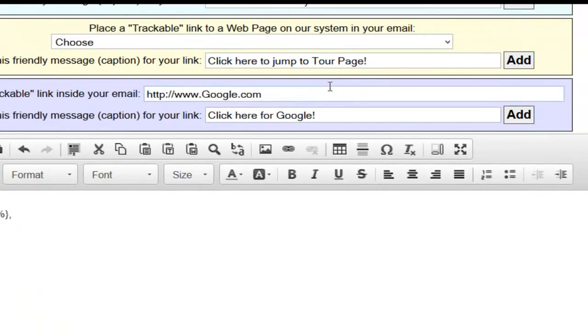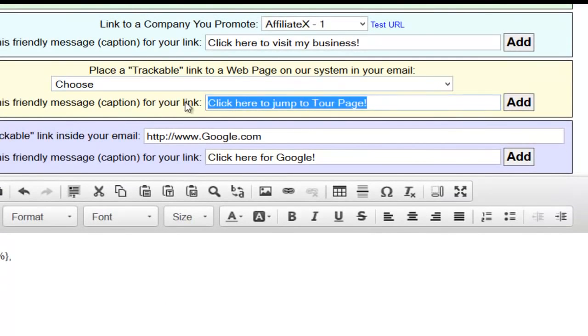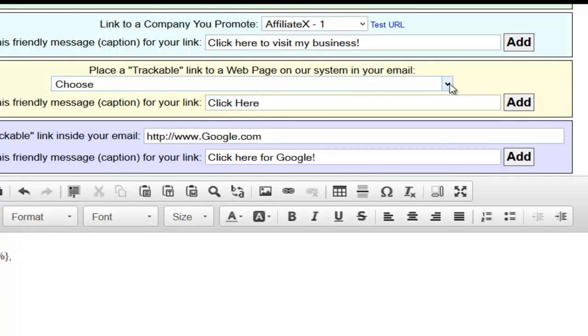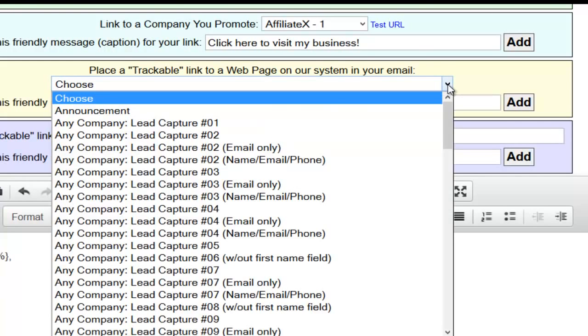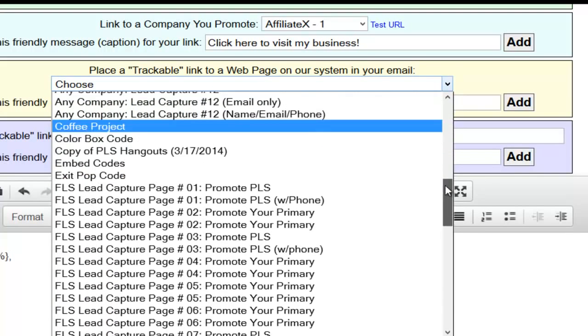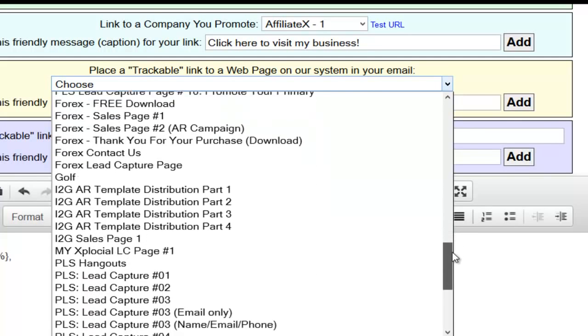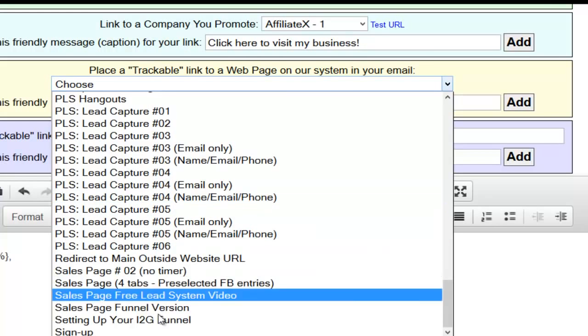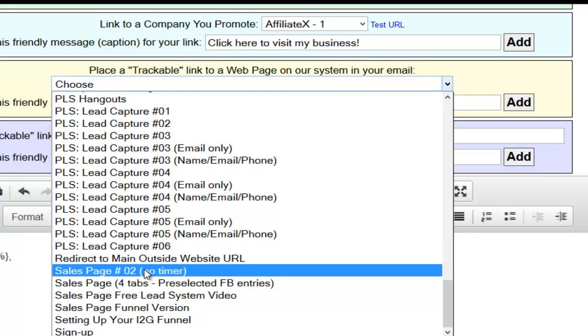And what I'll do is I'll just paste it right here, because it says place a trackable link to a page on our system. So whatever you put here is what the text is going to be, the clickable text that's going to show up. So I'm just going to paste the words click here, and now I'm going to choose what page in my system I want to link them to. Now any page that you've ever copied or created within your system is going to show up in this drop-down menu. Any page in our system that you want to direct to that you haven't created, like the sales page that we have that doesn't have a timer on it,